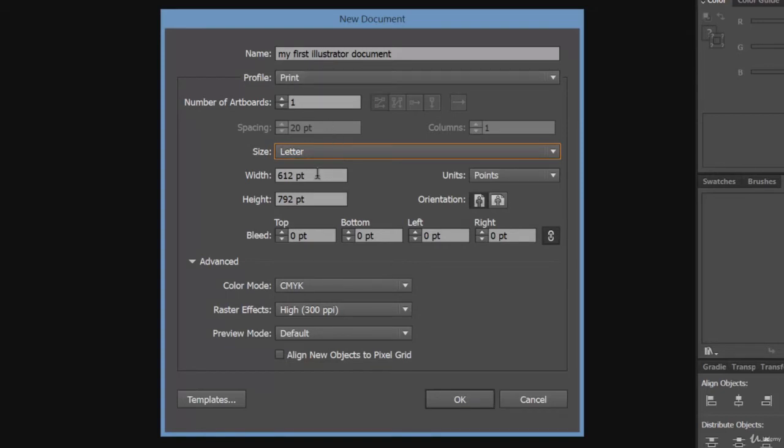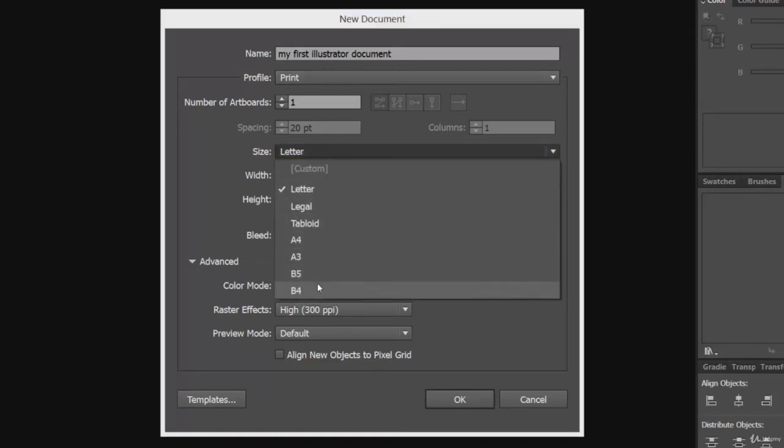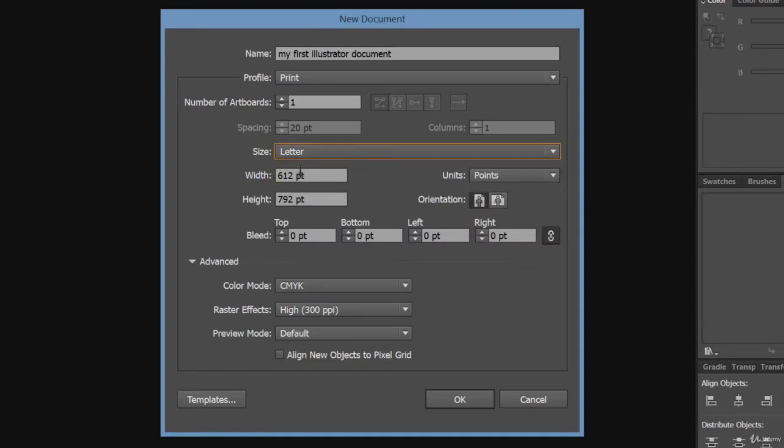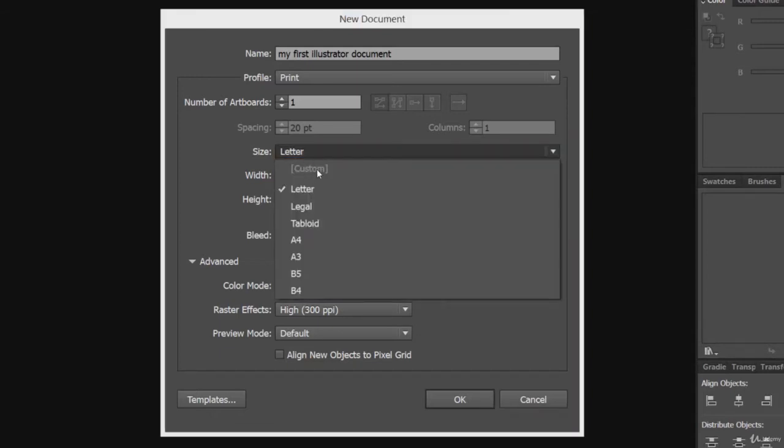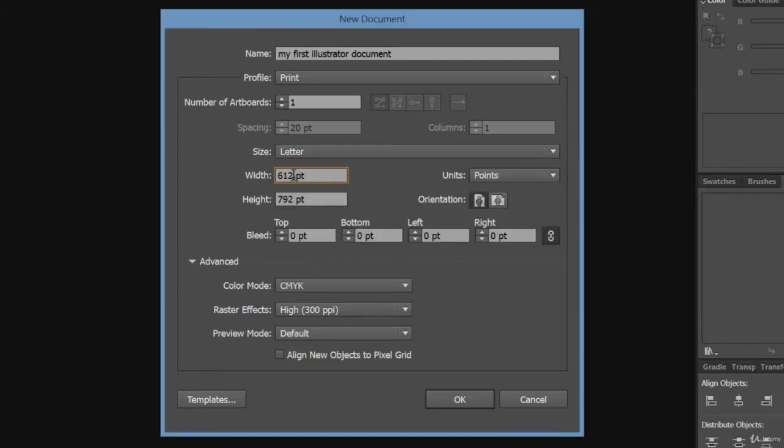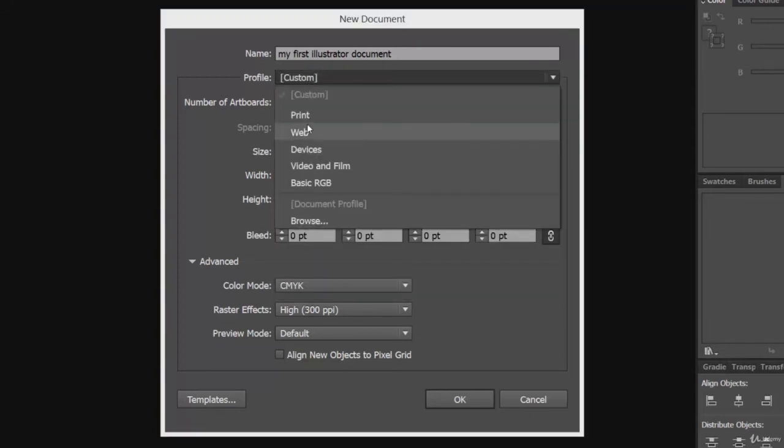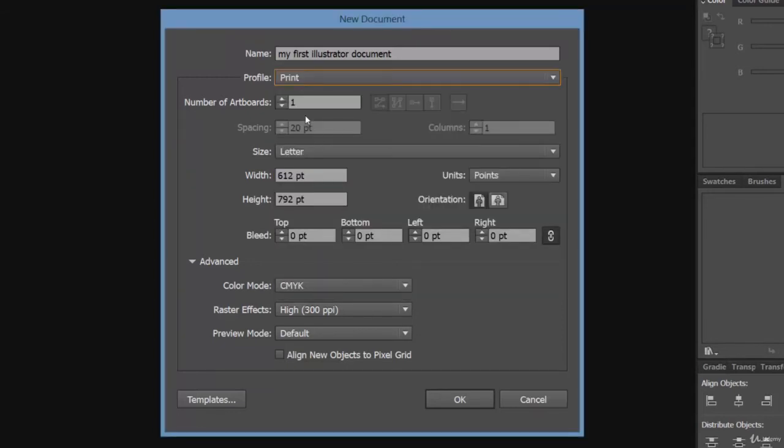So under print profile, we are having some default size of few kinds of documents. You can even select custom. I mean, well, you can't select custom directly, but if you change the width, say let's make it 613 point, see, now it's custom. Well, let's select print for now.